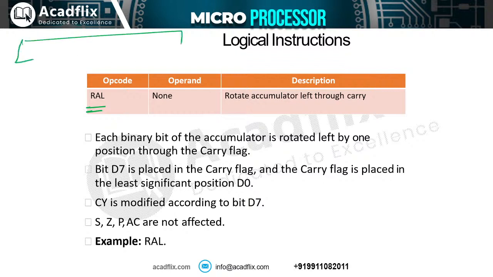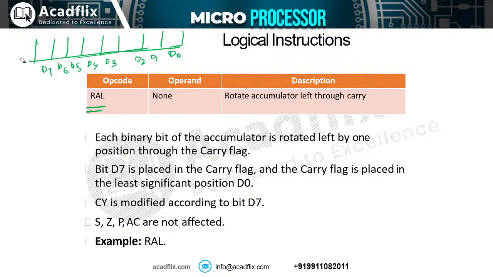This is really important. So the diagram will be like this, which I was confused about. Now this diagram will be like this, which we have seen. So this is D0, D1, D2, D3, D4, D5, D6 and D7. RAR means rotate accumulator to right. This means that we have a carry flag in which we have some value. These registers are having some value and this carry flag is having some value.